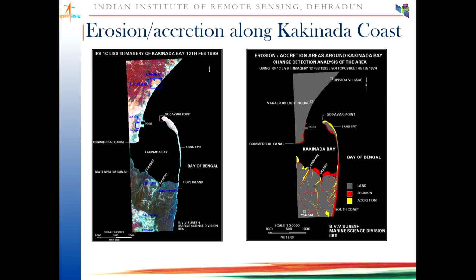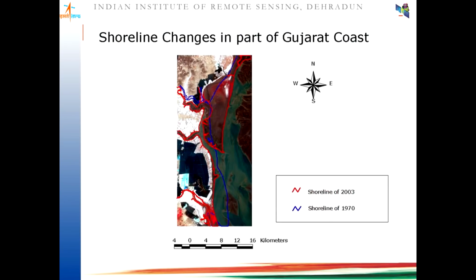A lot of people have worked on the Kakinada spit, along with ISRO, Survey of India, NHO, and many other bodies, CWPRS at Pune. So they have also suggested certain protective structures. One breakwater has come over here to protect against the erosion at these places. To protect the spit. And multi-temporal satellite data can help you to understand how the spit is changing with time. This is shoreline changes